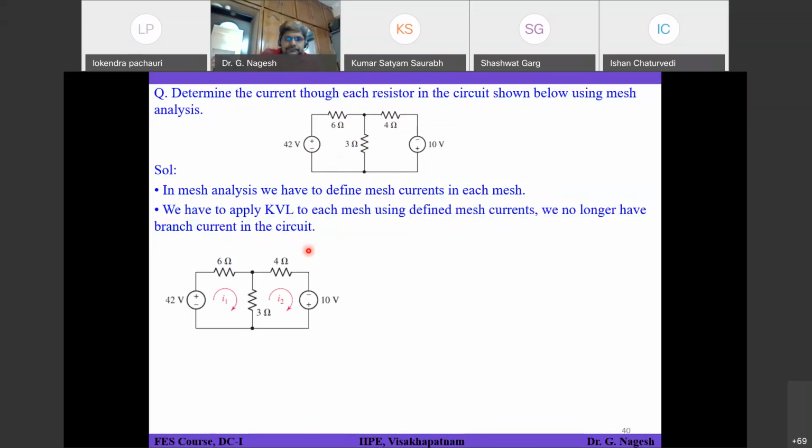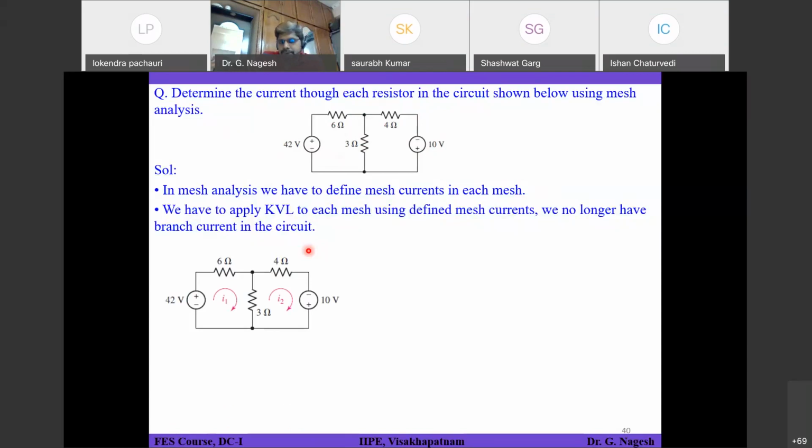If you see the circuit, there are two meshes and two mesh currents were defined. One is in the clockwise direction with notation I1 and another one is in the clockwise direction with notation I2. So two mesh currents are there. Now you have to apply KVL for mesh 1. So how will you proceed? What could be the expression? Minus 42, plus 6 I1,